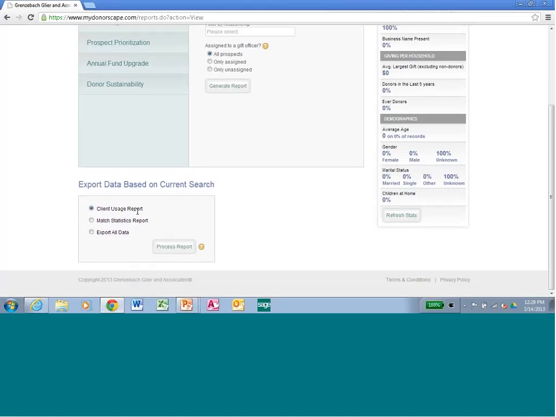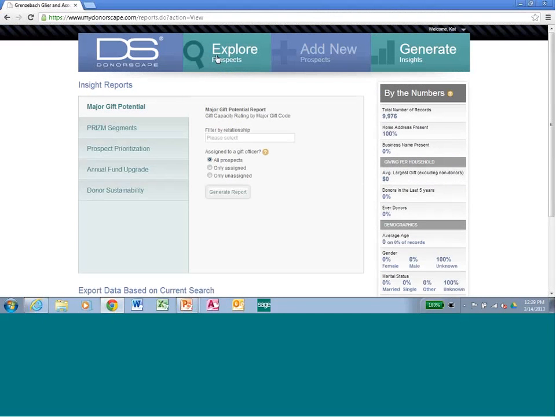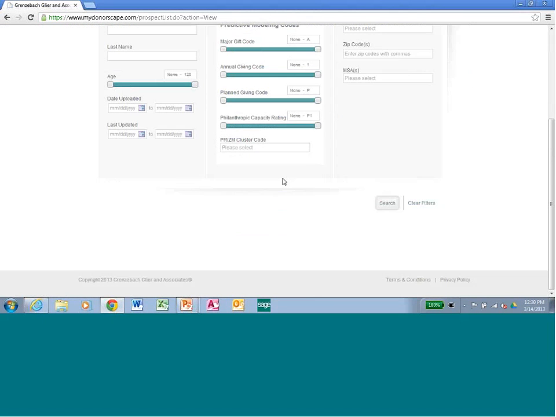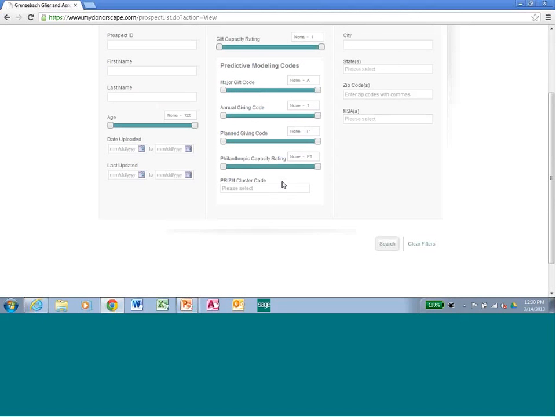And so your client usage report is the audit. The match statistics report is that matches by vendor, by number, by percent, and then the export all data. The export all data and the match statistics report are both tied to the current search that you've run. So if you want to run it across your whole account, you would do explore prospects, not choose any limitations, and hit search. Or if you wanted to do it just for a subset, here I'm going to select